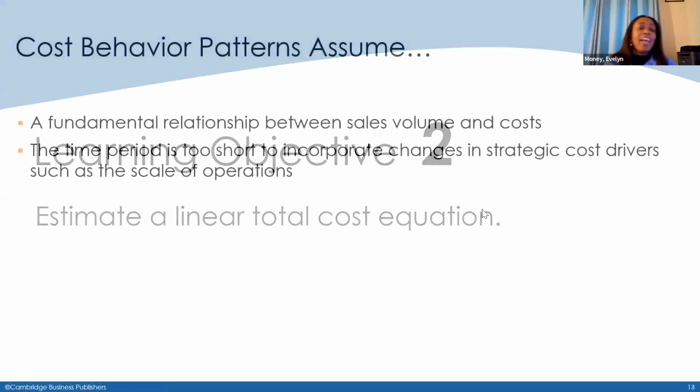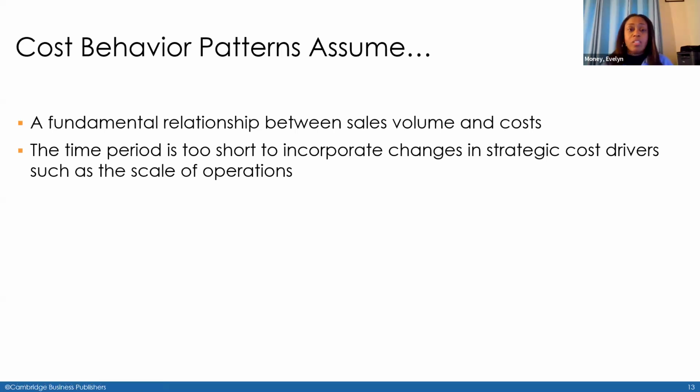Oh, sorry. Let me go back now because there are some important assumptions that we make when it comes to cost behavior. First of all, we are assuming that there is an actual relationship between the number of units we sell and our actual cost. If there's no relationship, then any estimate that we try to come up with is not going to make sense